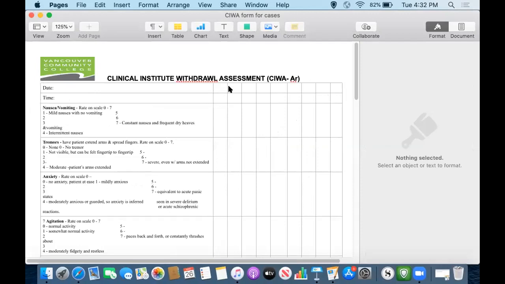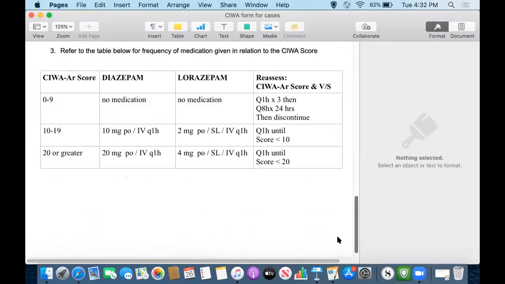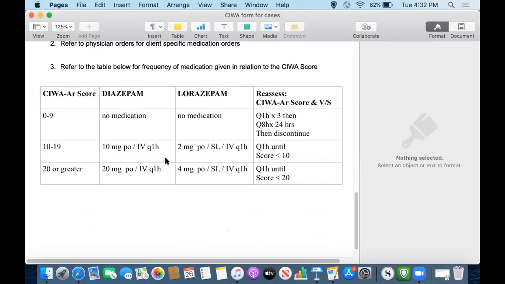Normally you only use one of these sheets for one patient, but we're only here for a minute doing this, so just do 3 separate columns, one for each case, and try to determine what score they get, and then determine whether you'd be giving diazepam or lorazepam based on the